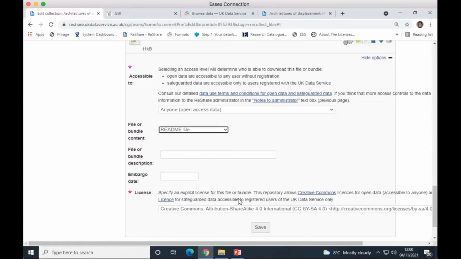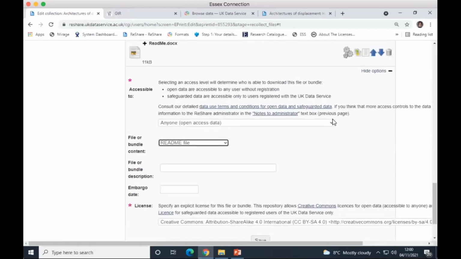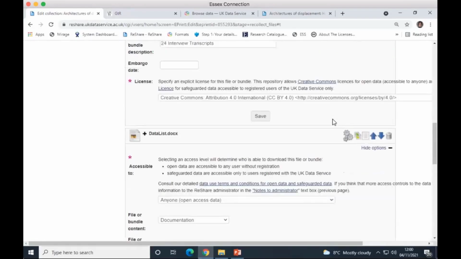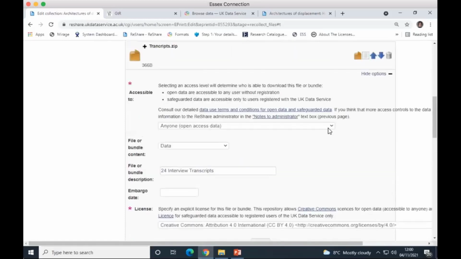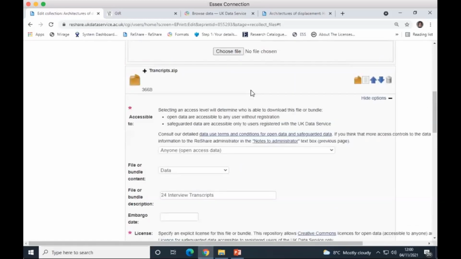And we can select a license, which is fine to stay like that because it's open access. Okay, so as you can see, we can set the access levels at the file or the folder level. So of course here we only had one data folder for transcripts. However, if you have a mixed methods project, or you just collected different types of data,